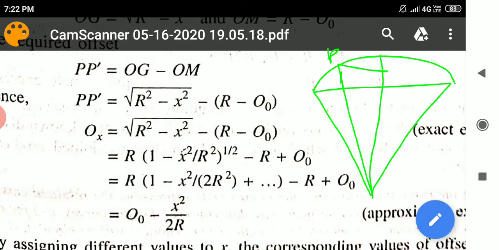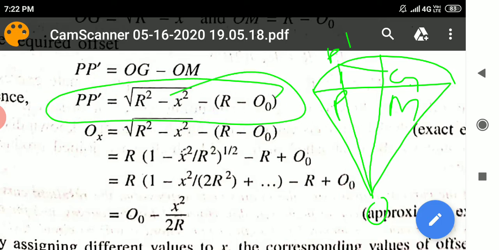This is P dash, this is P. Okay, PP dash is nothing but OG minus OM. So PP dash is nothing but the root of OG, which we already got, and OM we also got. By using all these expressions, we will solve for OX. After that simplification,